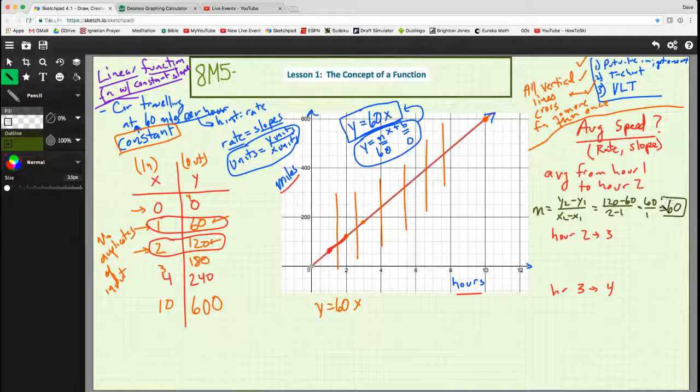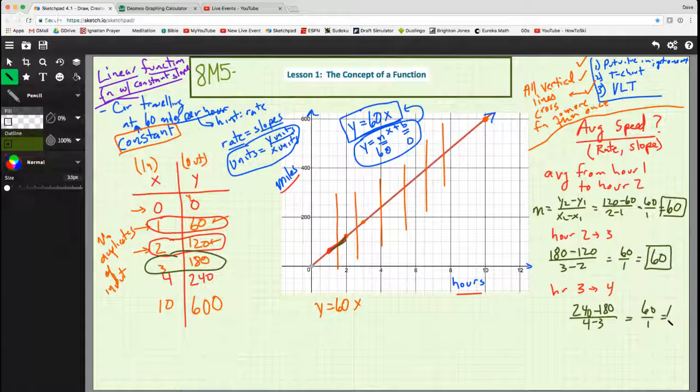And we expect that to be our speed, right? Because our speed is a constant 60 miles per hour. So we expect that our average speed is going to be 60. And it should be 60 for the next one, but let's do it again. So from 2 to 3, we get our y2 minus y1 is 180 minus 120 over 3 minus 2, and that's 60 over 1, which is equal to 60. And then from hour 3 to 4 is the same thing, 240 minus 180 over 4 minus 3 equals 60